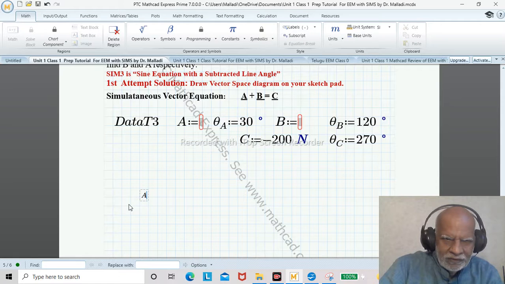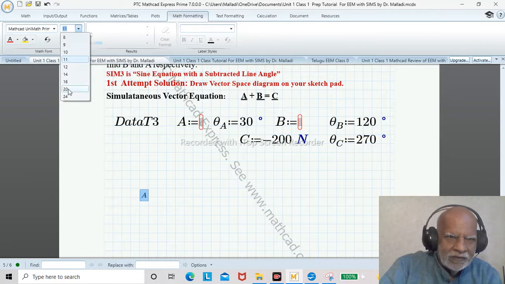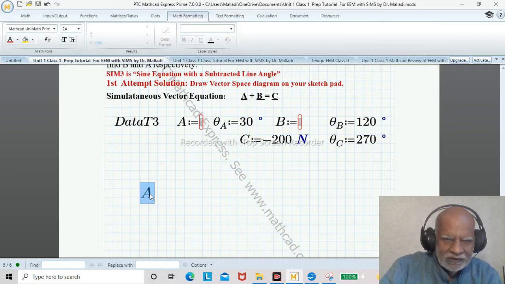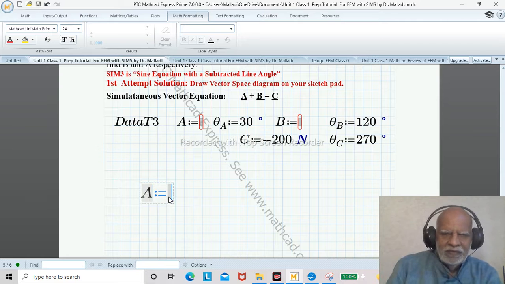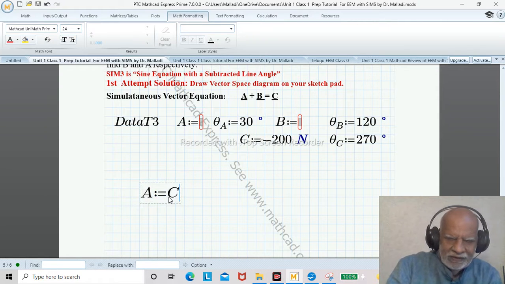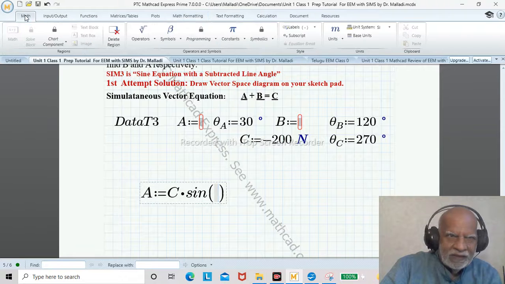So I make it big for you, math form. Okay, here I make it 24. Let me make it big. Okay, so now A colon equal to, now what is the formula? So C times sine, and bracket begins, theta, math theta,